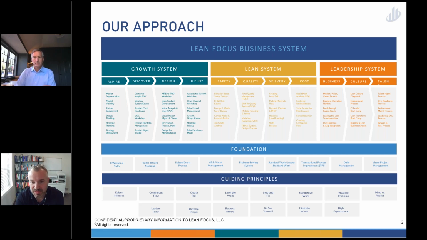So each one of those tools represents a PowerPoint, a set of templates, a methodology, and an approach to affect a process improvement and deliver a result within that part of the business to affect change. Same thing with the lean system. When you move over to the lean system, we're moving horizontally from now I have a product idea or service to how do I make, deliver, and distribute that product or service to my customers. And now we're focused on safety, quality, delivery, and cost. And inside of that are the tools that we use to drive results in those SQDC areas of the operations